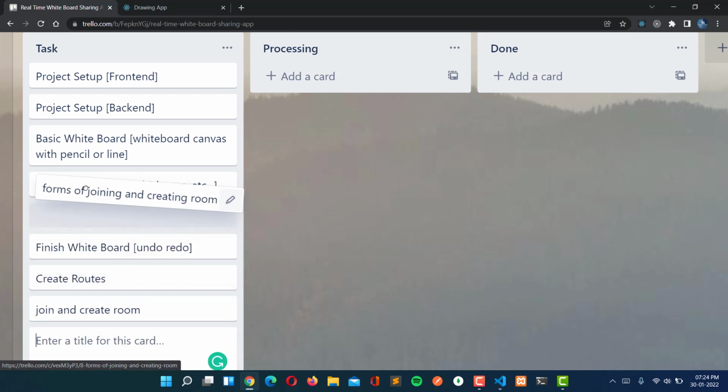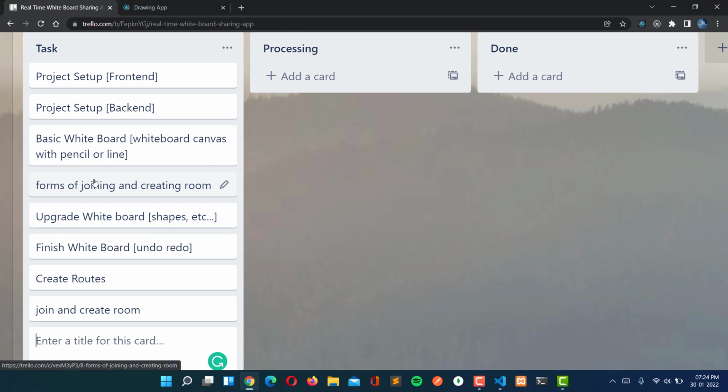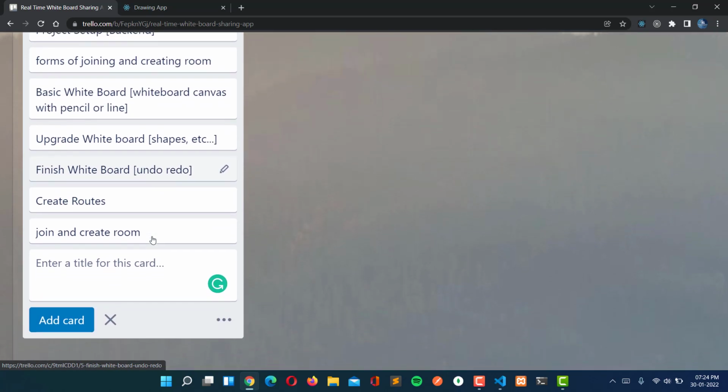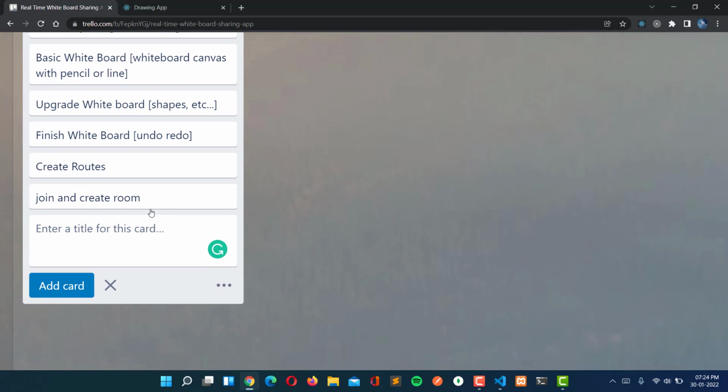We are moving step by step. Once join and create room is handled, then we will handle the real time